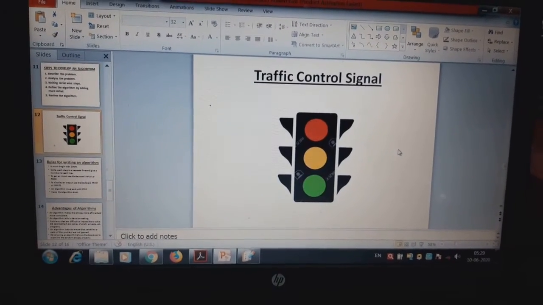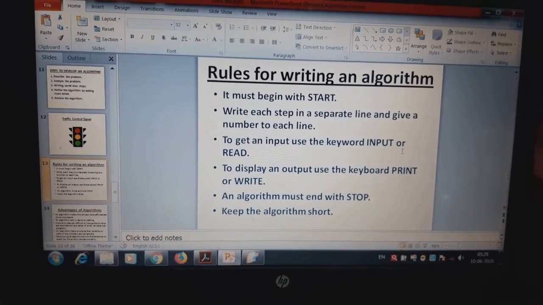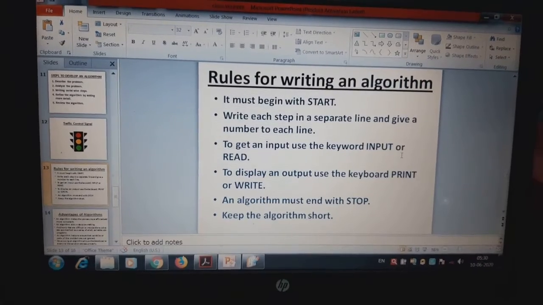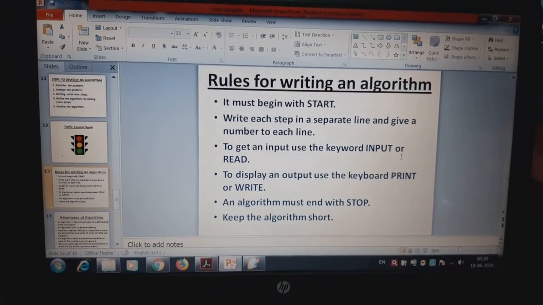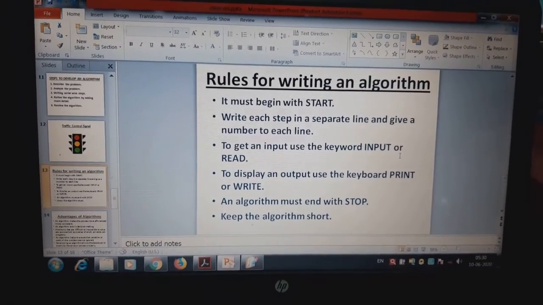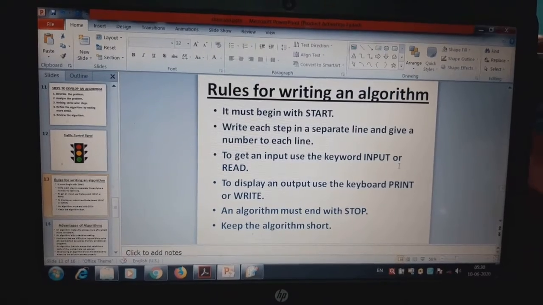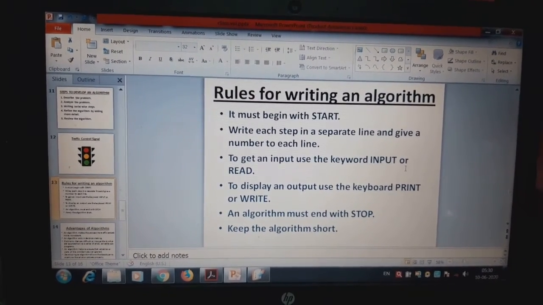Now next topic, rules for writing an algorithm. What are the rules which you have to use for writing an algorithm? You can write your algorithm in your notebook or in your computer or in your laptop before writing the program. First you have to write the algorithm, then you will write the program. Then your program will be very easy, otherwise it will be complicated.